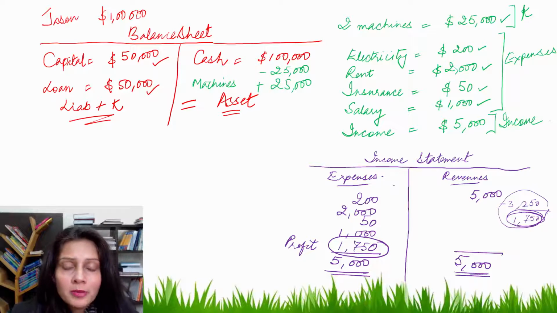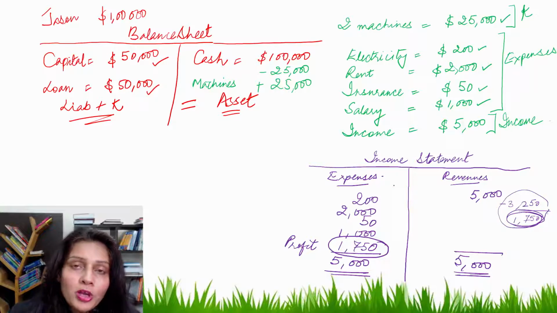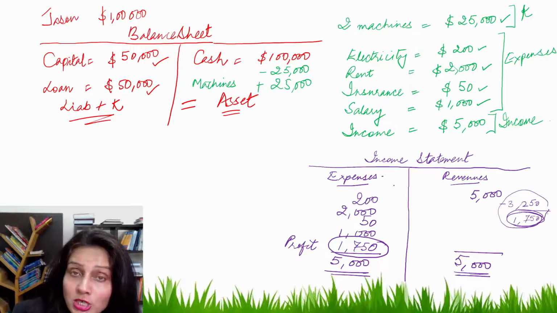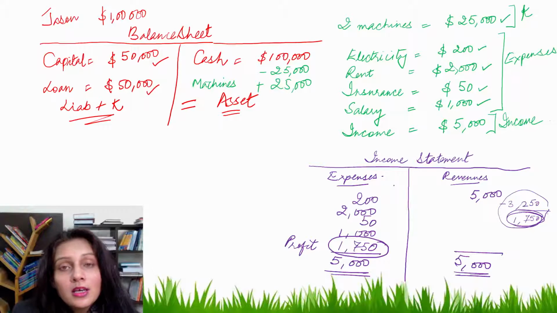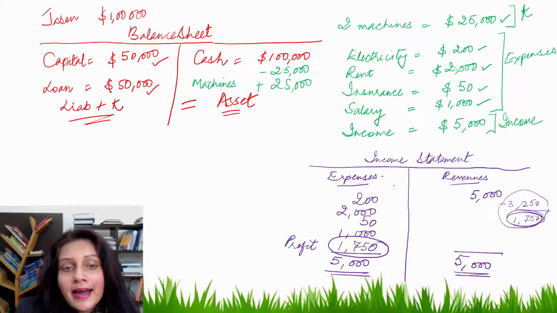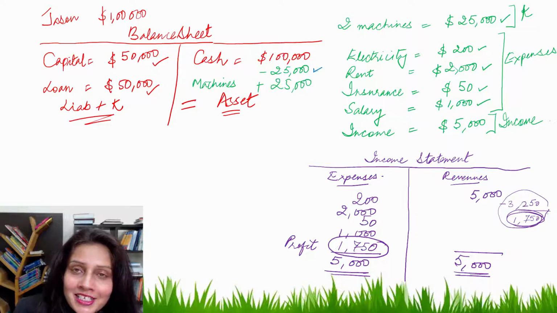While we will not be using any of these names, such as electricity, rent, insurance, salary or income, on the balance sheet, we know that all these payments and receipts have actually happened in cash. So cash is one of the components on the balance sheet which is being impacted in all of these transactions. So while we made an adjustment in cash for the purchase of machinery, we must also make an adjustment for